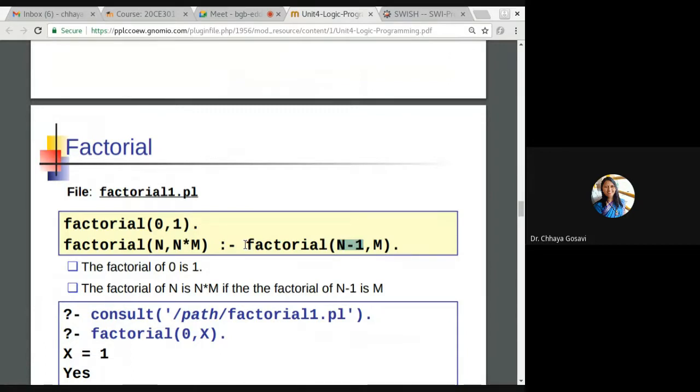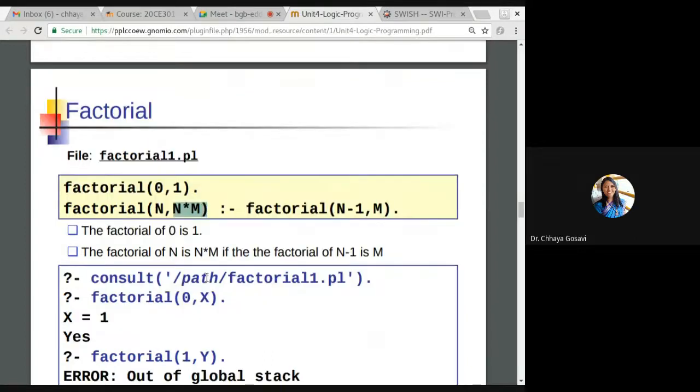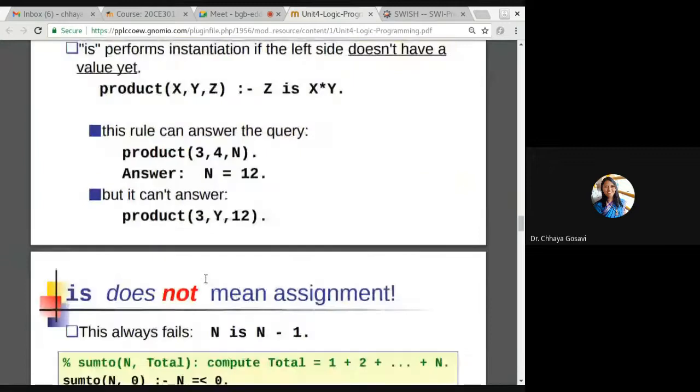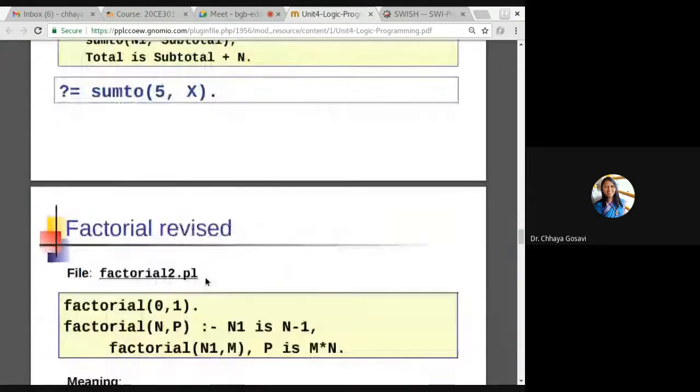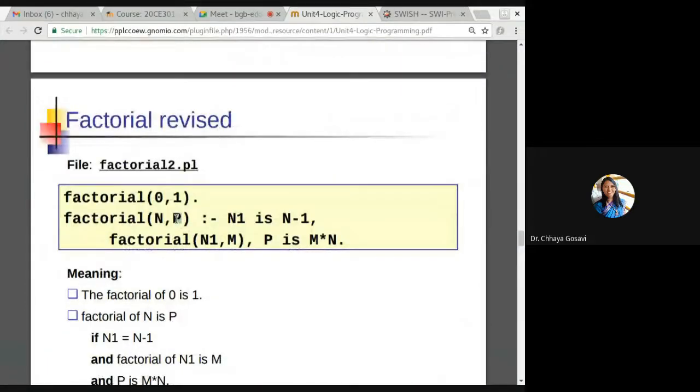We have written N1 is N minus 1, comma, factorial of N1 is M, and what is P? P is N * M. For the multiplication, instead of writing it in a function, we just added P. And what is P? P is M * N.